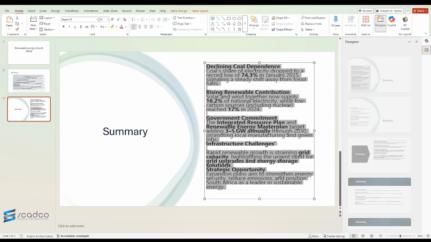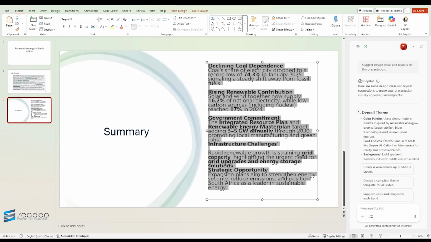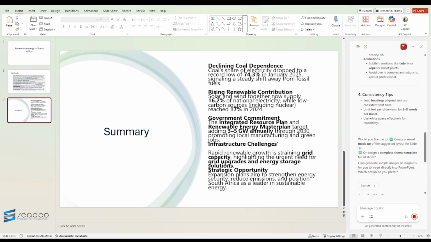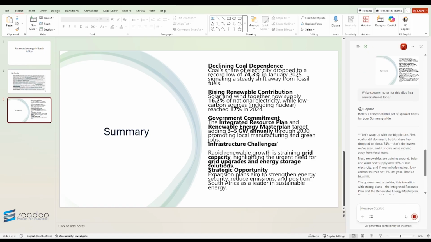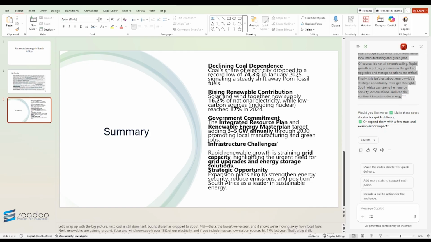Now, let's prepare our talk. Go to Microsoft 365 Copilot Chat, select your slide, copy it, and paste it into the chat. Next, say something like, write speaker notes for the slide in a conversational tone. Next, if we're happy with the notes, we'll copy them, paste them into the notes, and make the necessary changes